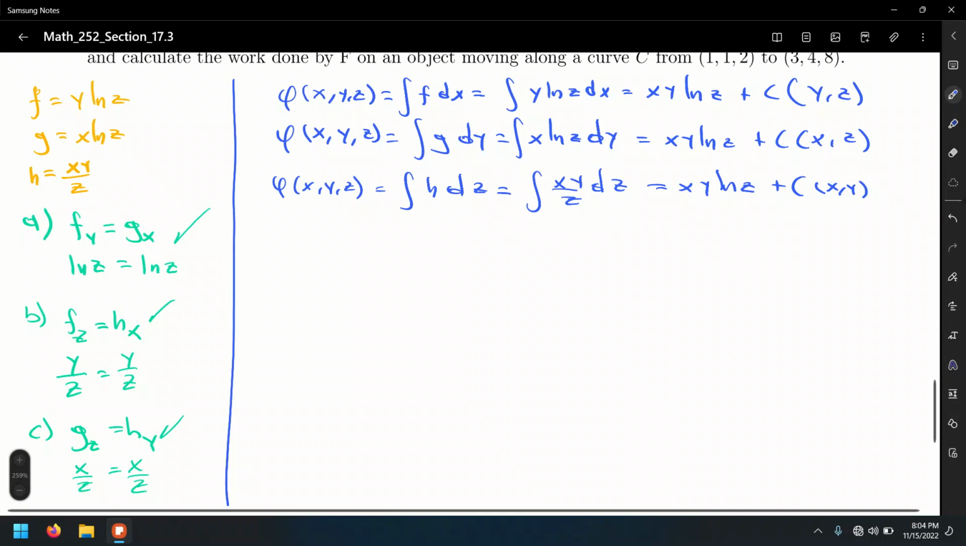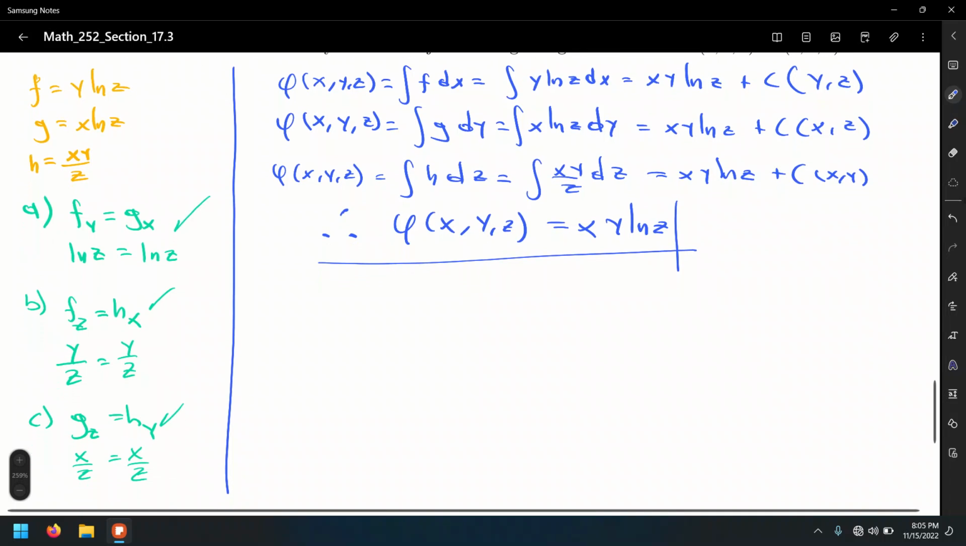All right. And putting everything together, x, y, ln z, x, y, ln z, x, y, ln z, we don't have anything else. So therefore, phi of x, y, z is actually x, y, ln z. That means this is our potential function. And that's the one that we're going to use to evaluate the line integral from the point 1, 1, 2